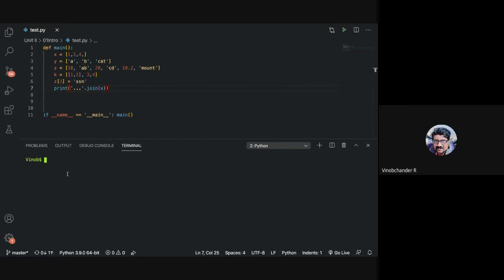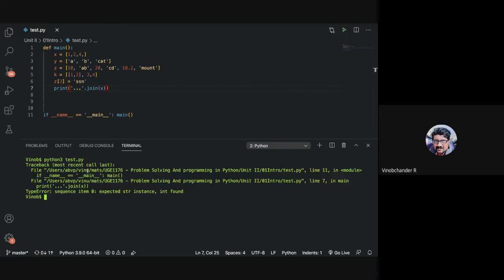There are different data types, unrelated types. You have a string and you are trying to join a list which contains numbers. So this should not work ideally. It says TypeError: sequence item 0: expected str instance, int found. It is right. If we join Y, then it will work.